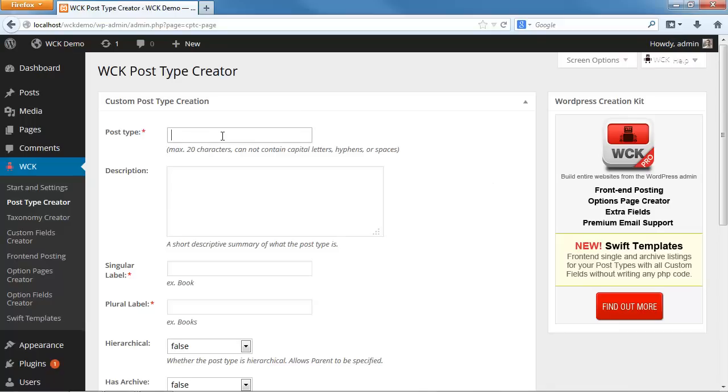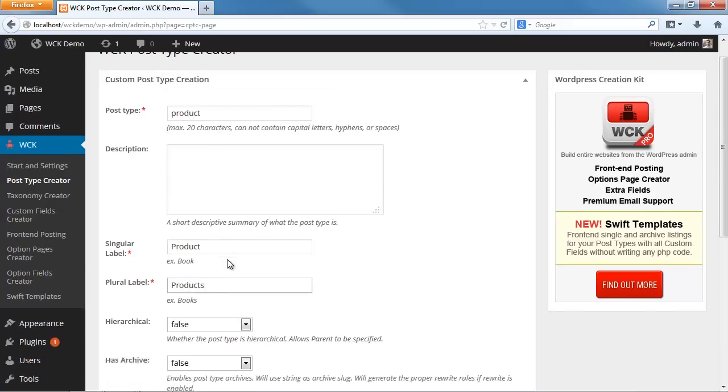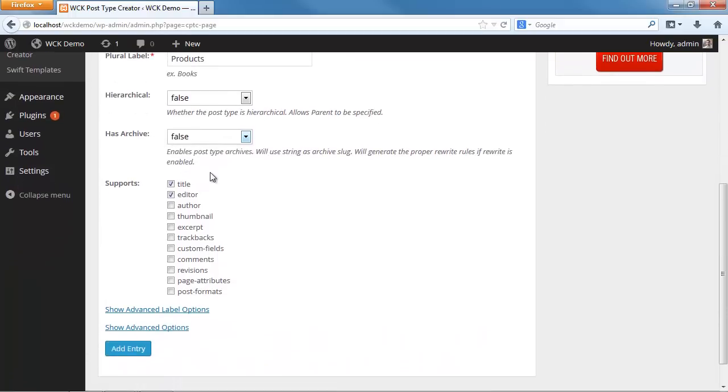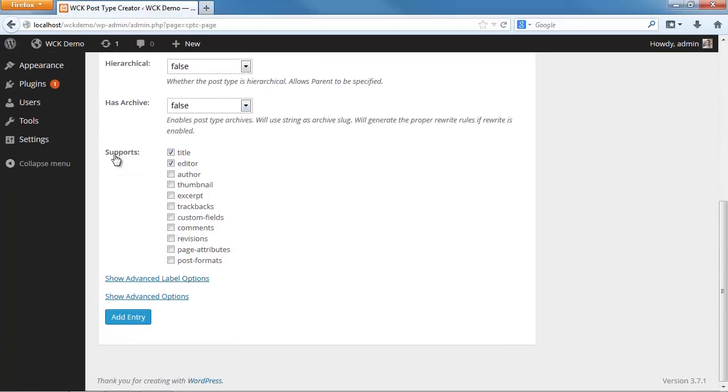We'll type in the name, singular label, plural. We can choose whether this is a hierarchical post type. We'll leave it to false, and we also don't want an archive for this post type. And let's select to support a thumbnail as well as the title and the editor,